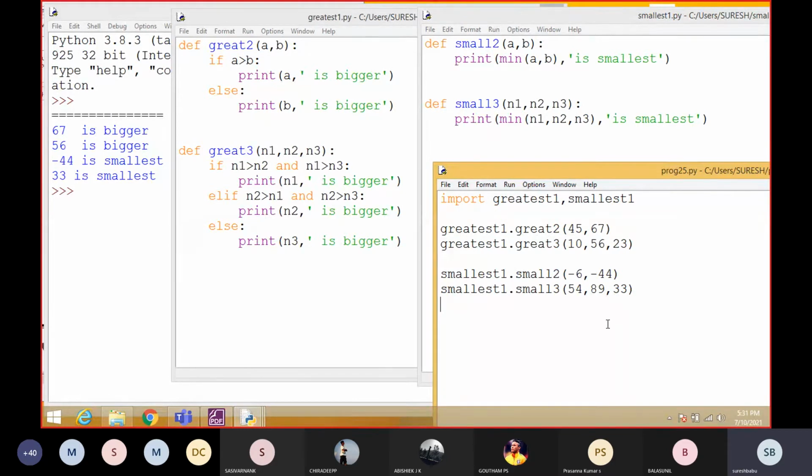Commerce students, you are also studying a lot of things, so you can implement those accounts-related things in any modules and call them through the main program. Students, everyone understood? This is how we can improve our thinking power.